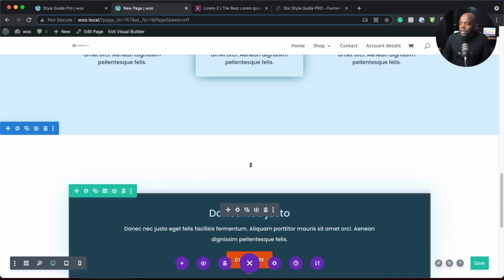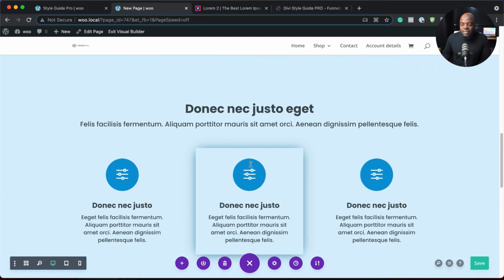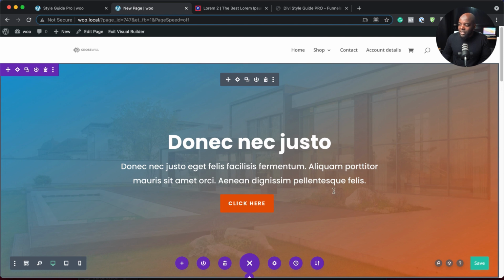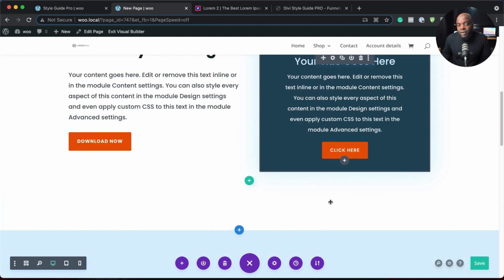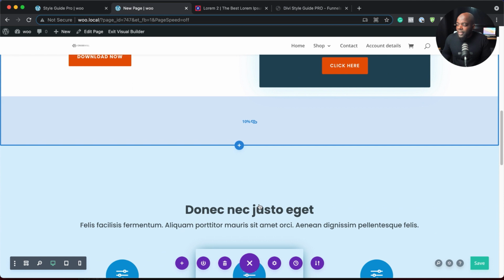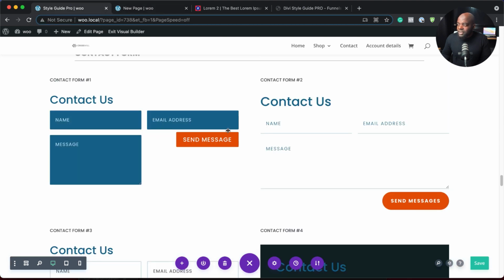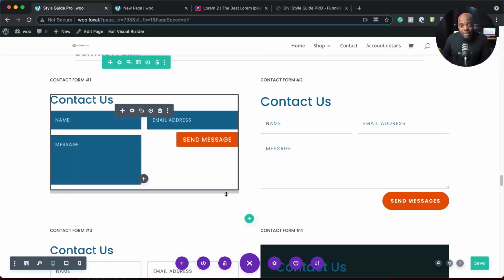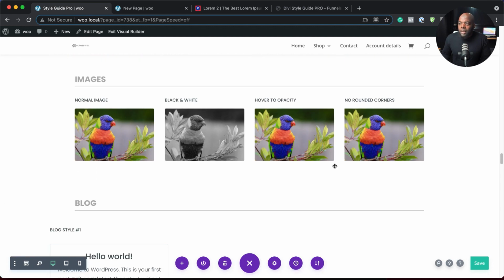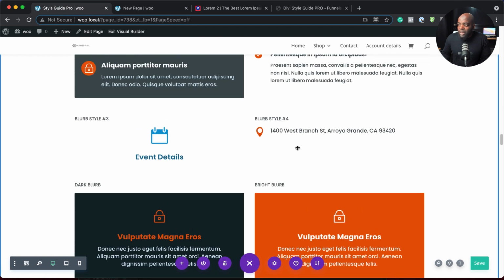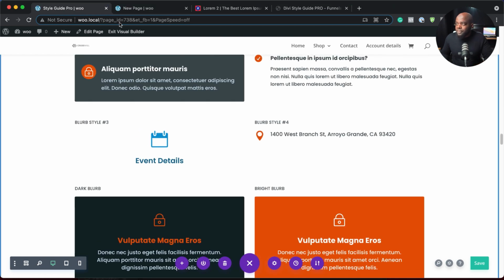Okay, so as you can see, this is super powerful. It is very, very easy to design using these presets, but there is a very good question that was asked earlier on, and that is, how do we modify these styles? So let's say you want to adjust these and you want to use your own colors. Well, this is super simple. The same process I used to export my colors is the same way. In fact, let me show you how to export your colors. So I am going to